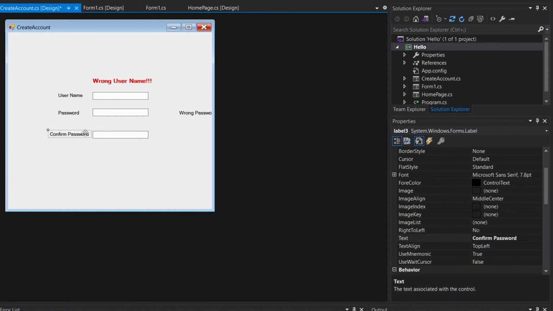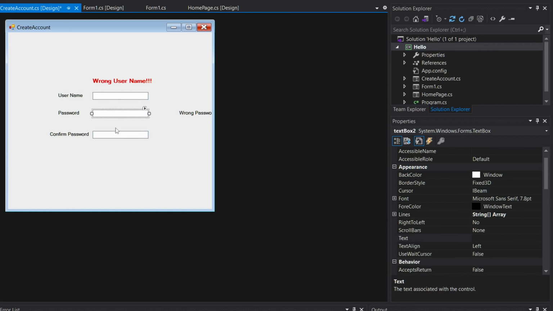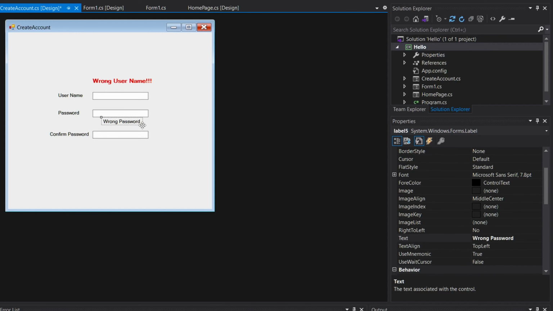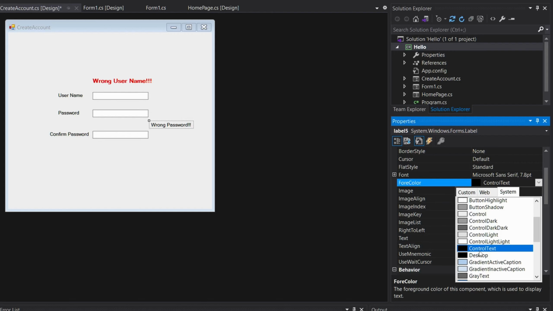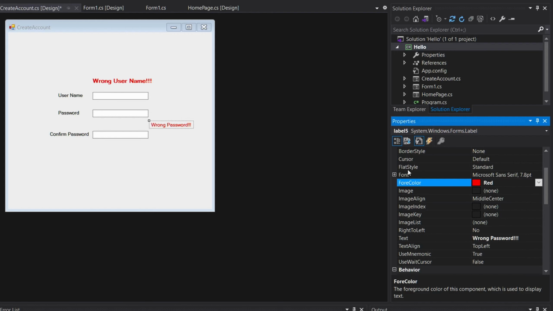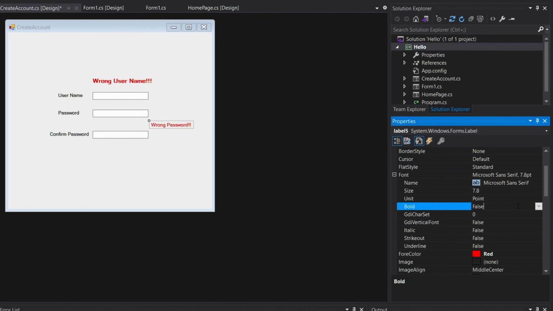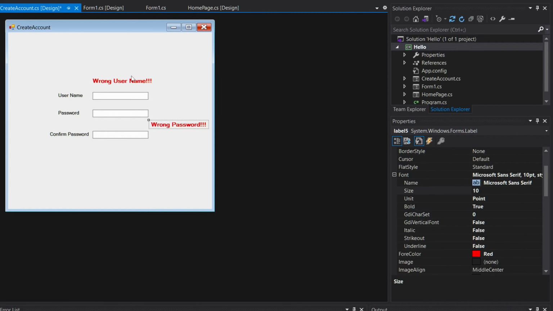Okay, let's make this. I'll put it here. And let's make it bold and change the color also to red, and make the font bold and 10. So wrong password and wrong username. This is all we need, and now we will change the names of the